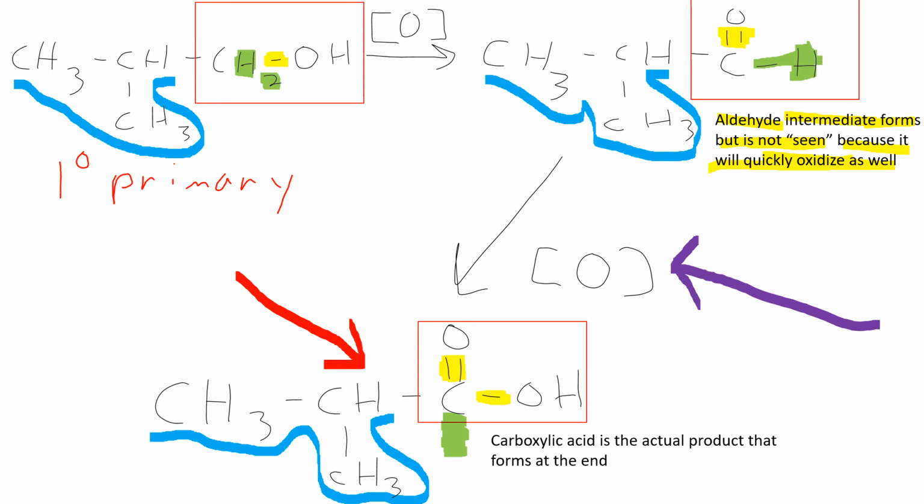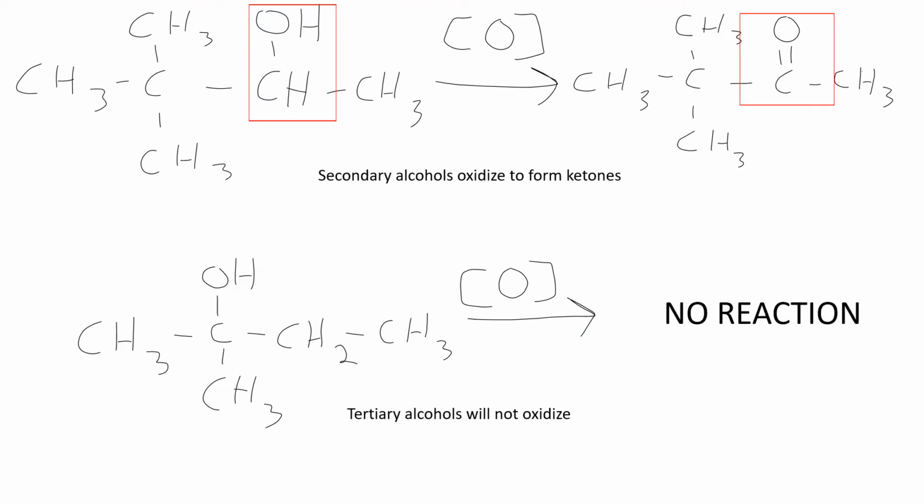So this shows what happens with a primary alcohol. Now we want to see what happens with a secondary alcohol. And if you look in the upper right-hand corner of the screen, you're going to see that we definitely have a secondary alcohol. We recognize that because we're counting the number of carbons that are directly attached to the carbon that has the OH. Remember, if you need to review, you should go back to the previous video where we classified alcohols to review classifying primary, secondary, tertiary.